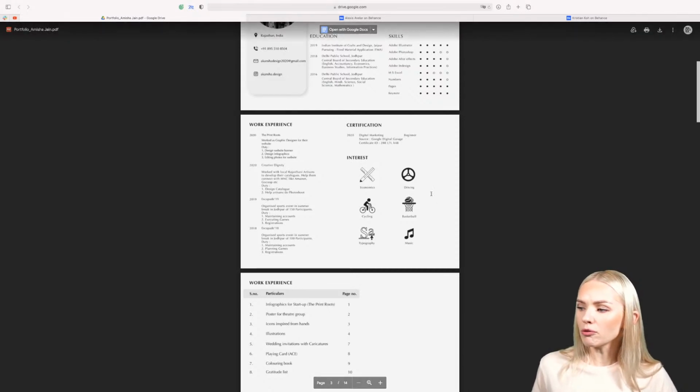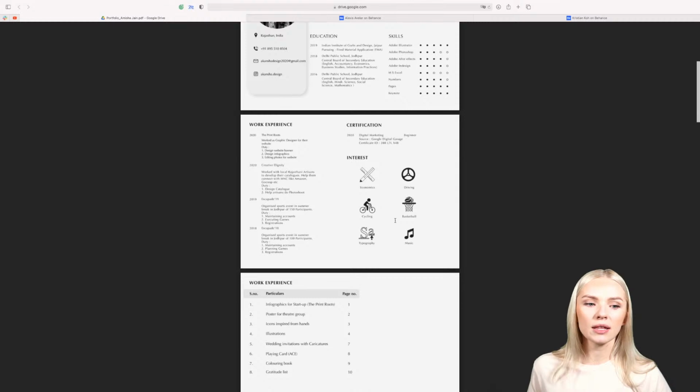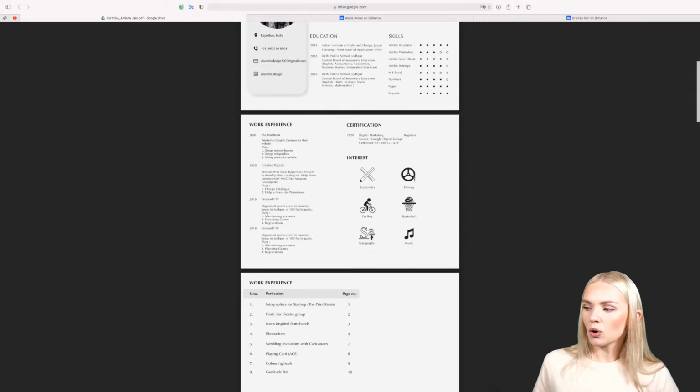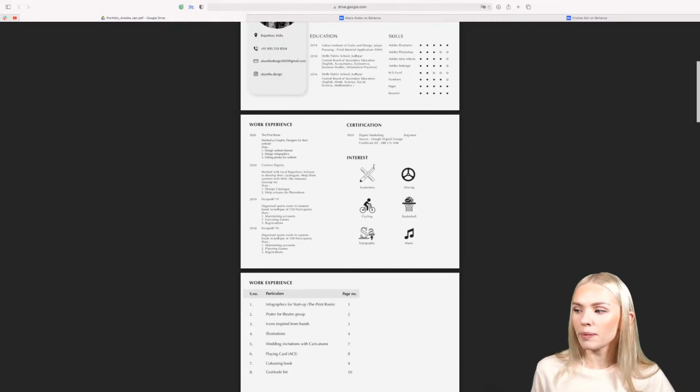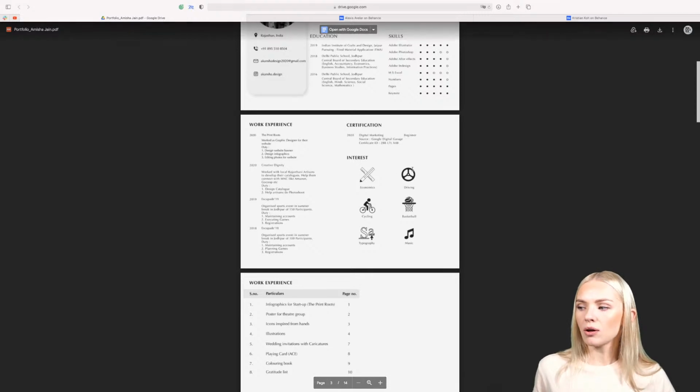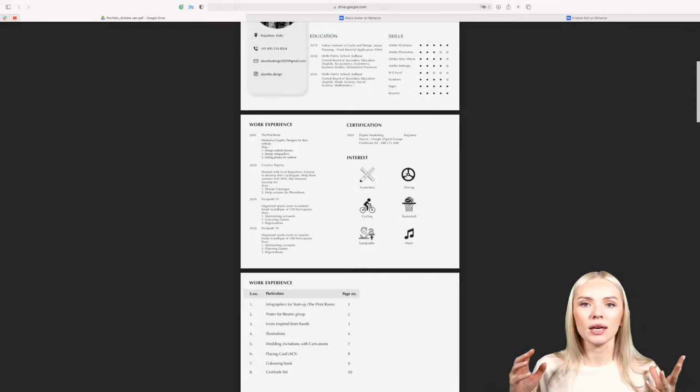But anyways, what I would make sure is, once you zoom out, you will see that this steering wheel is way more visible than this part here, right? The pencil and the ruler. The reason for that is because the steering wheel is filled with black color, and that's why it pops out way more. If the pencil were filled with black color, you would see the pencil just as you see the steering wheel. So when using iconography, make sure that it's balanced, that all the icons are looking in the same way,